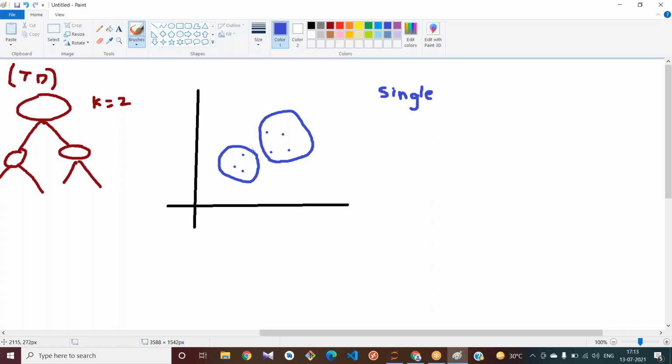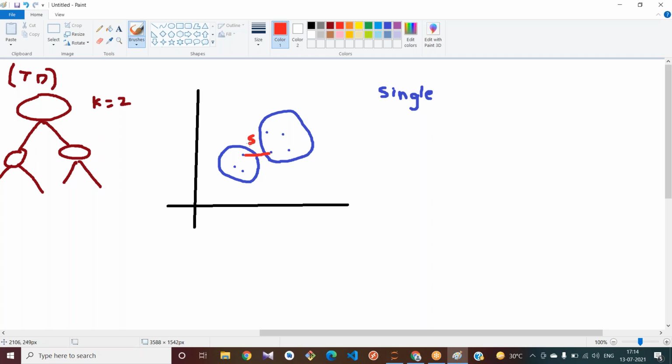See, these two points are the closest. Let me use some colors. These two points are closer. It uses the closest points to calculate the distance; that is called single linkage.